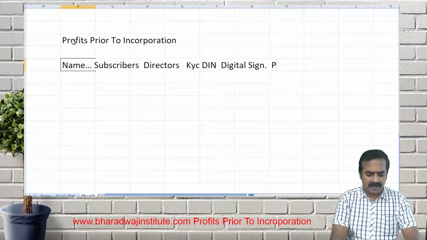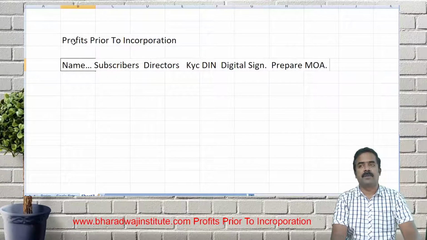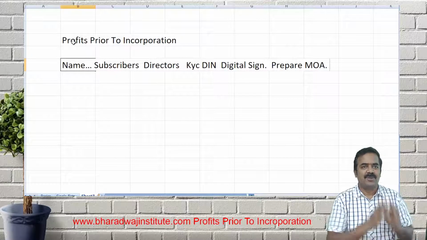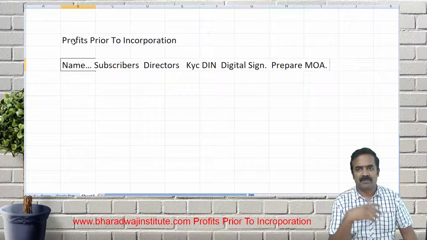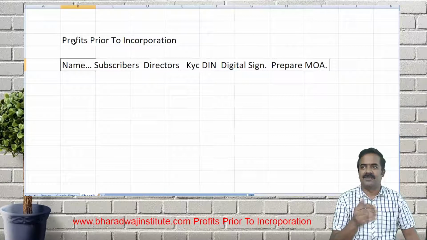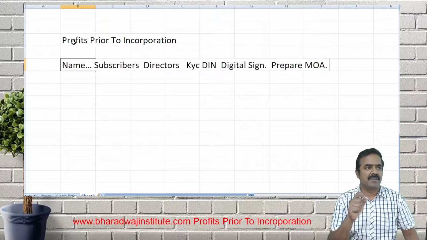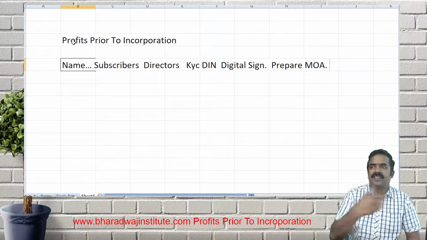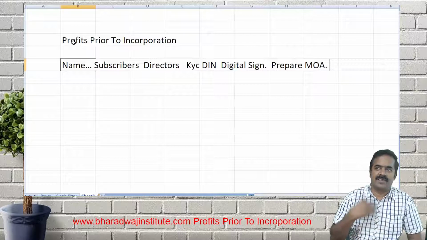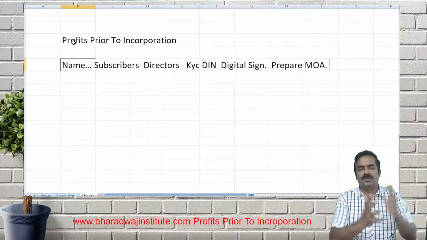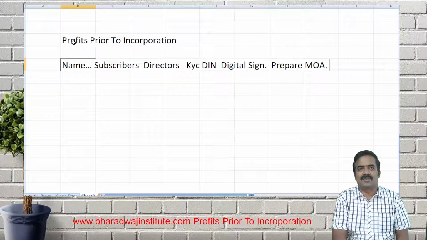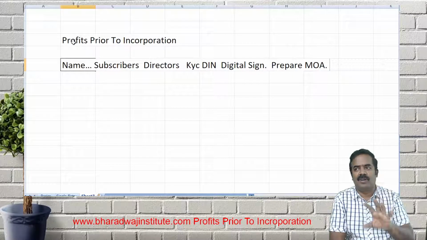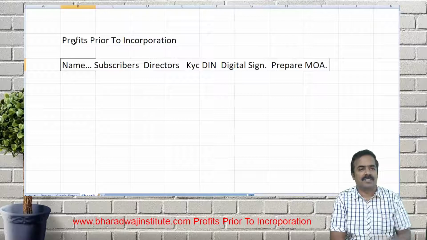Then you have to prepare which one? Memorandum of association. For preparing the memorandum of association, it is not a classwork. You have to locate first your registered office. Then that address proof should be available. What you mention in the memorandum, that registered office address proof should be available. Then all the other clauses like capital clause, name clause, object clause, you have to draft the memorandum of association, which tells about why and where and for what purpose the company is going to exist, who are the subscribers,